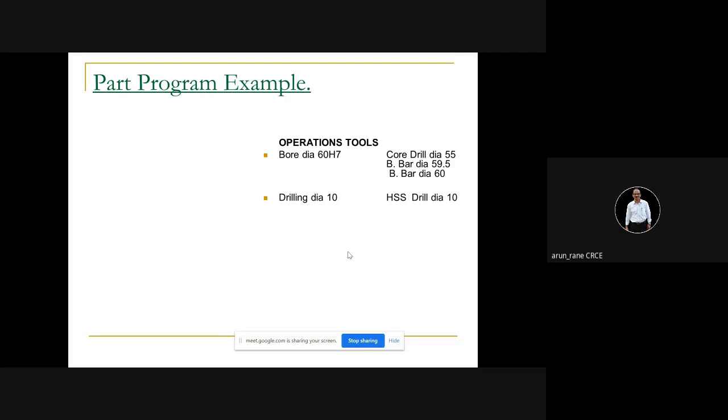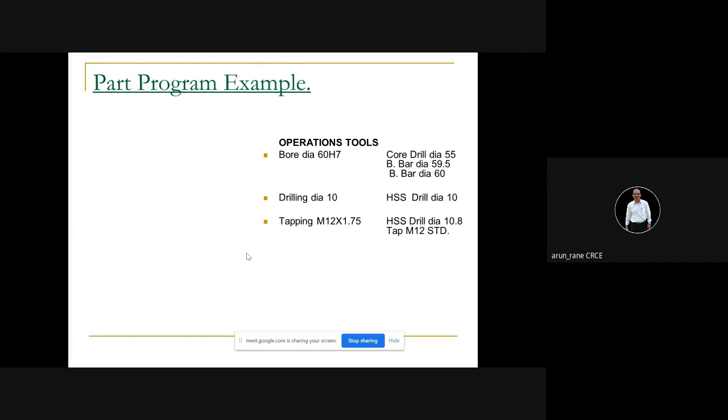So what is the sequence now? You have to decide upon the sequence. If I want to go for the 60H7, what I have done here is use a drill 55. Again, it is not possible to drill diameter 55 directly, but for programming purposes, you cannot go on writing the program otherwise it will take 1 hour or 1.5 hours just to write this program for 20 marks. In 60, how are you going to do this? First, you will do center drilling. Then after center drilling you will do 10 dia drilling, then 30 dia, then 45 dia, then you will go for 55, then 59.5, and then you will go for 60.